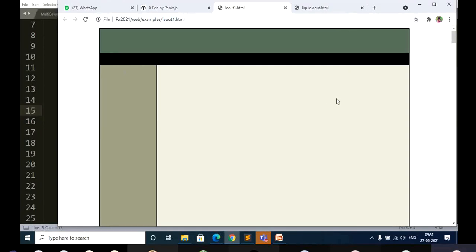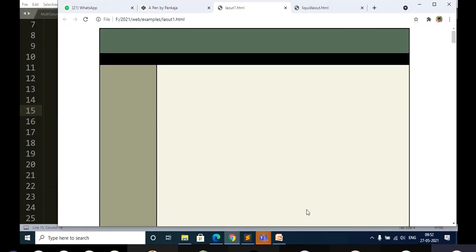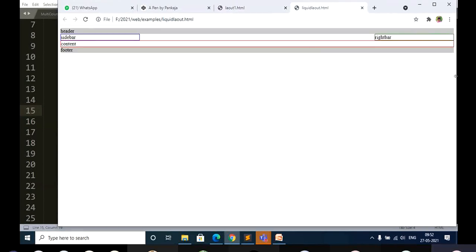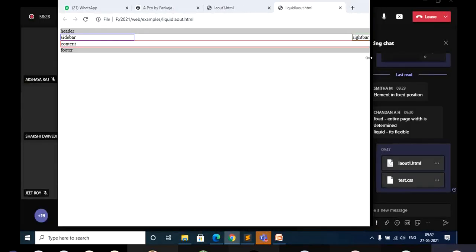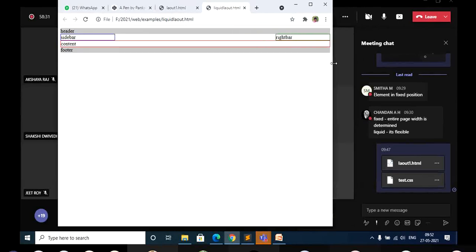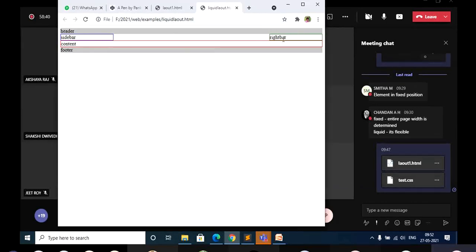In case your window size is larger than this, there will be more gap left between the left side and right side. Sometimes even at the bottom; here I have not specified anything with respect to bottom. You can even specify the height in terms of pixels, and accordingly even that is going to be fixed. Did you get the difference? This is the fixed layout and this is the liquid layout. Both are not the same. Here you can see the content is adjusting with respect to the window size. If I increase it, it is going to adjust the content to the window size.